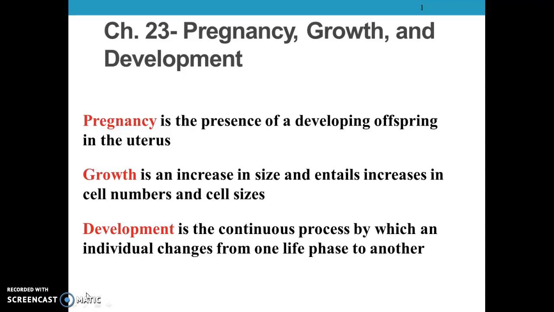So what that means is when we grow, as we increase in our body size, we're going to do that, number one, a limited amount because our cells get bigger. Sometimes your actual cells do increase in size. But the biggest way that we're going to grow is we're going to increase the number of cells that are in our body. When you were born, you were about 1 trillion cells. As adults, we're closer to, I think, 40 trillion cells. So we really increase the number of cells that we're made up of.